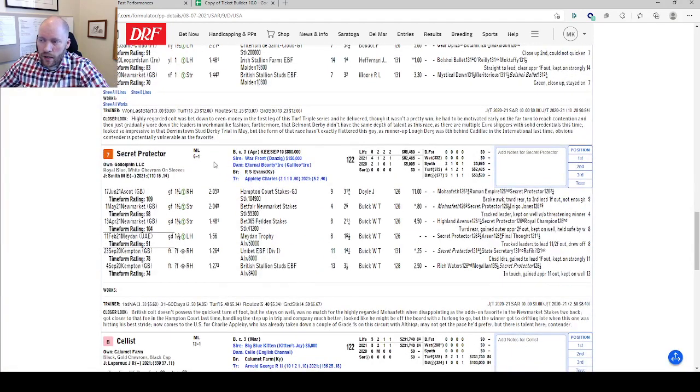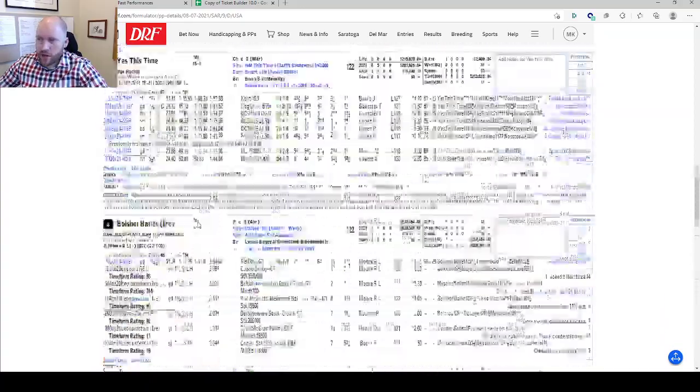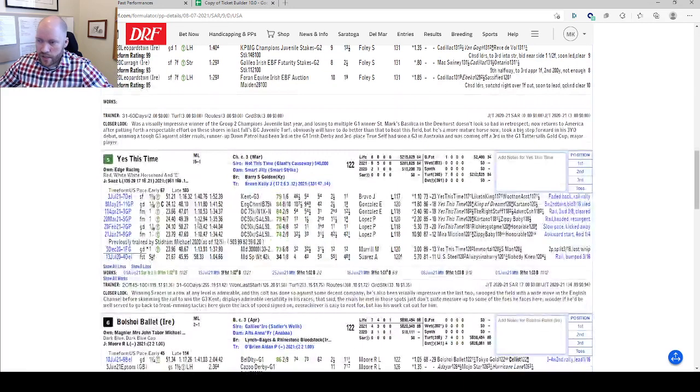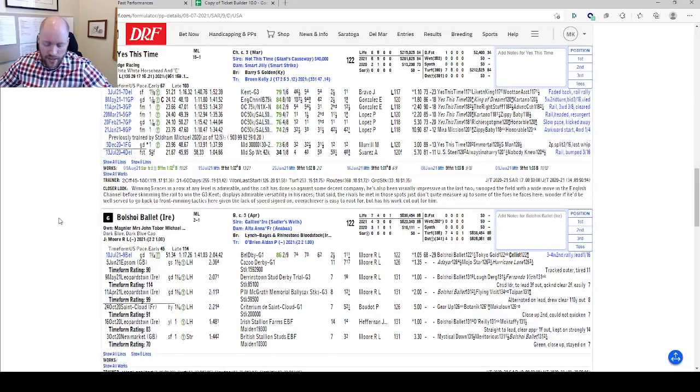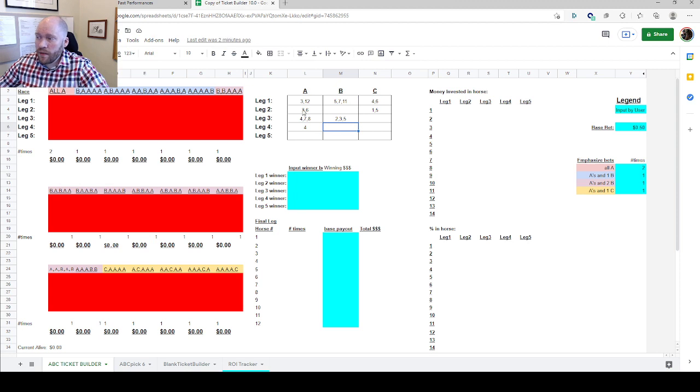Other horse I want, a little bit of Secret Protector in here, who I think is a little bit interesting as well. I wish a different jock ended up on him. And the other horse that I was a little bit interested in here, somebody mentioned both Yes this time, and I 15-1 says on turf you're gonna feel like an idiot if that horse beats you, and the other horse was Celis. I think Celis is the one American horse that makes a lot of sense. Again, I'm a little concerned about the jock, so I'm gonna play it this way.